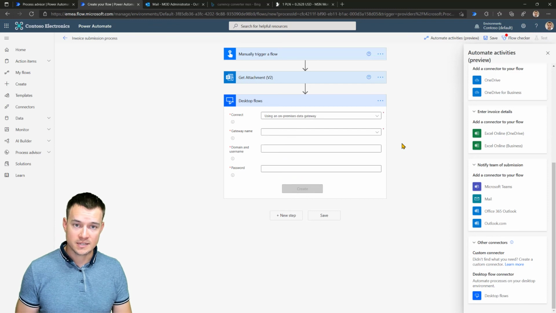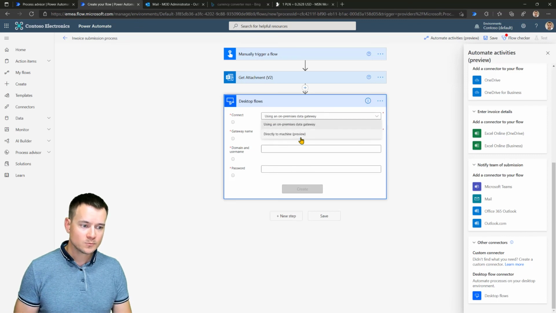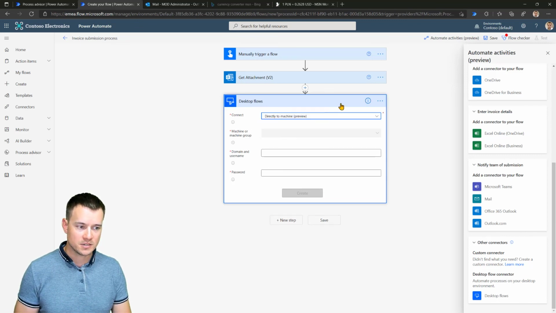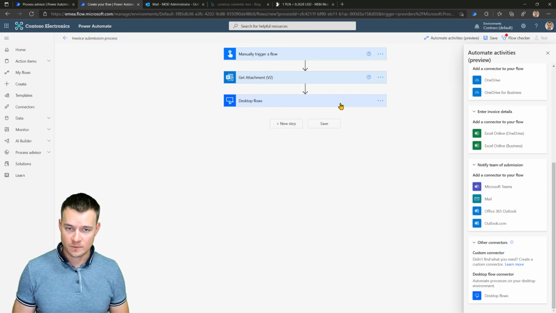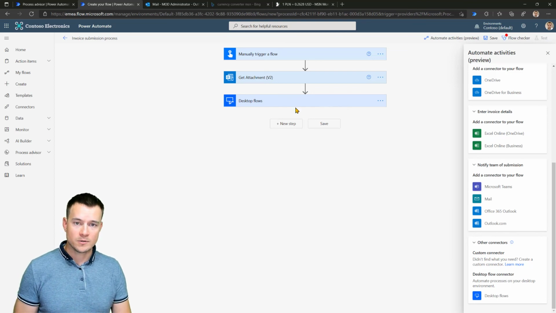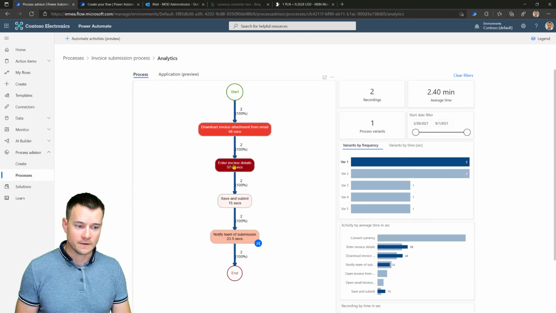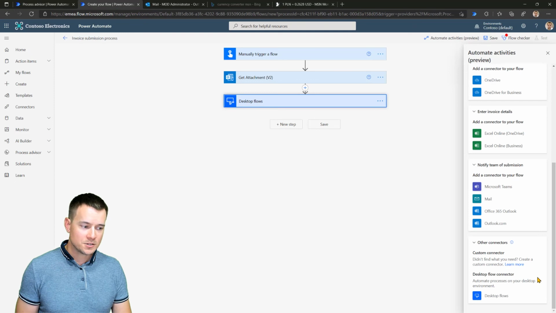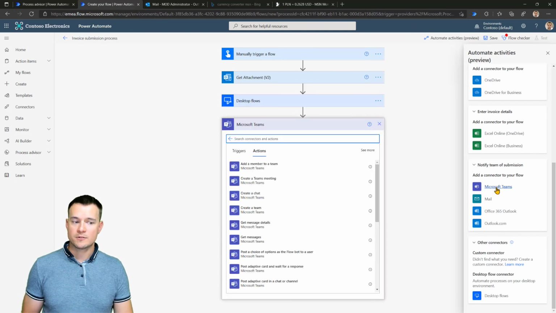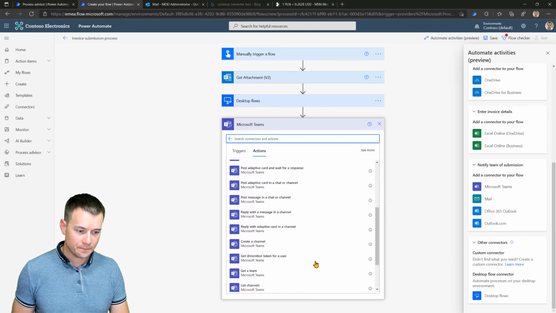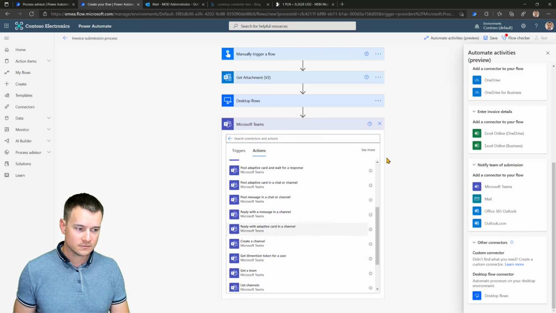Of course, I need to design it. I need to configure it so it's able to write data into Controls invoicing application. It accepts some input parameters. It returns some output parameters, and I can connect directly to the machine and then execute this desktop flow. And then once desktop flow is completed, so it actually enters invoice details and then saves and submits, I should notify team. And for that, I can use Microsoft Teams and, for example, send adaptive card, maybe not this one, sorry, not reply, but